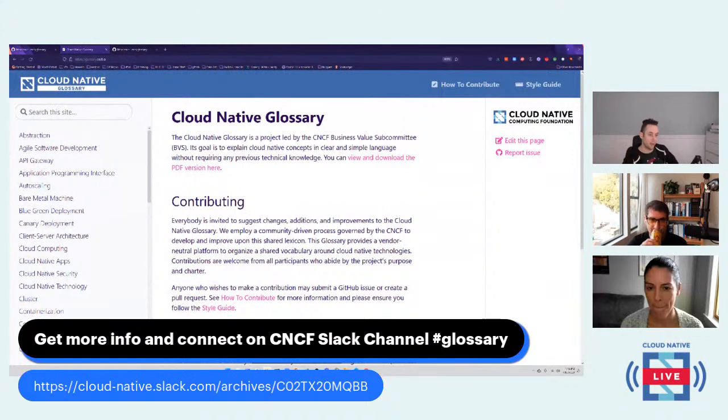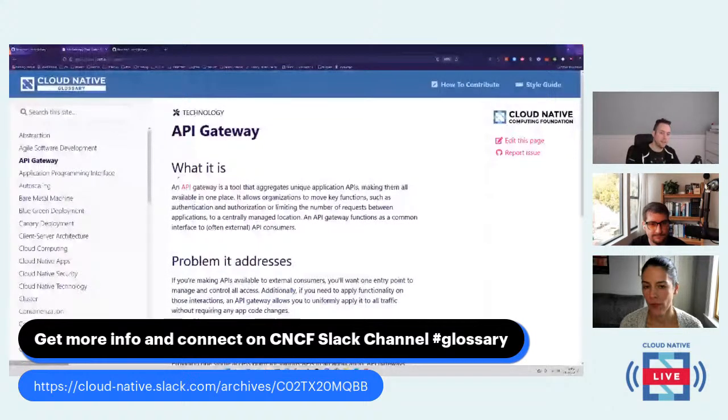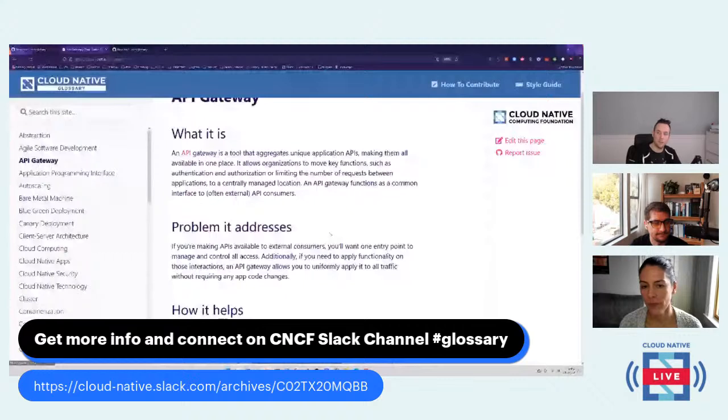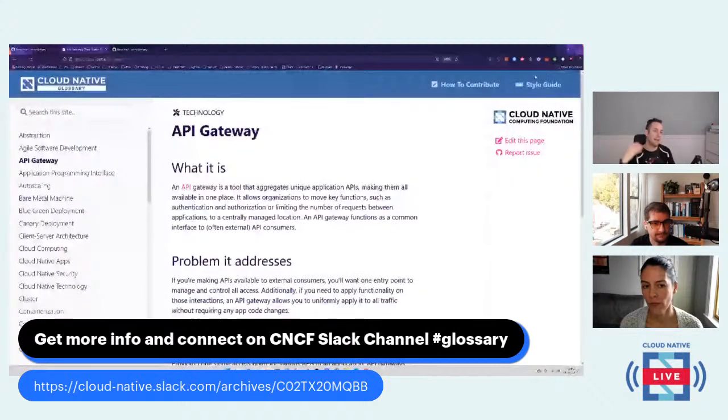Like if you grab a Google Doc and you and the people that you're working with can begin defining terms in a way that makes sense, ideally have that format in general for most of these definitions that includes what it is, the problem it addresses, and how it helps. That would go a long way. Make sure that you check out the style guide, and an appropriate style guide for your language would be great.